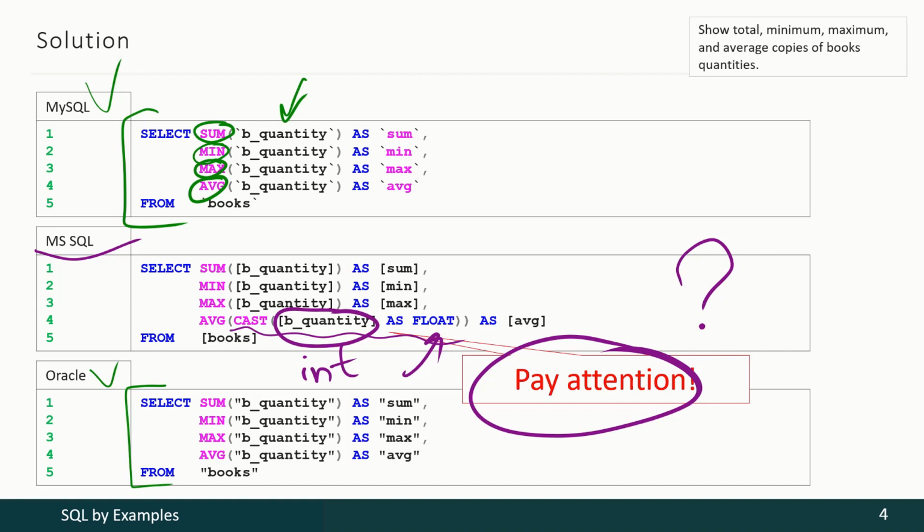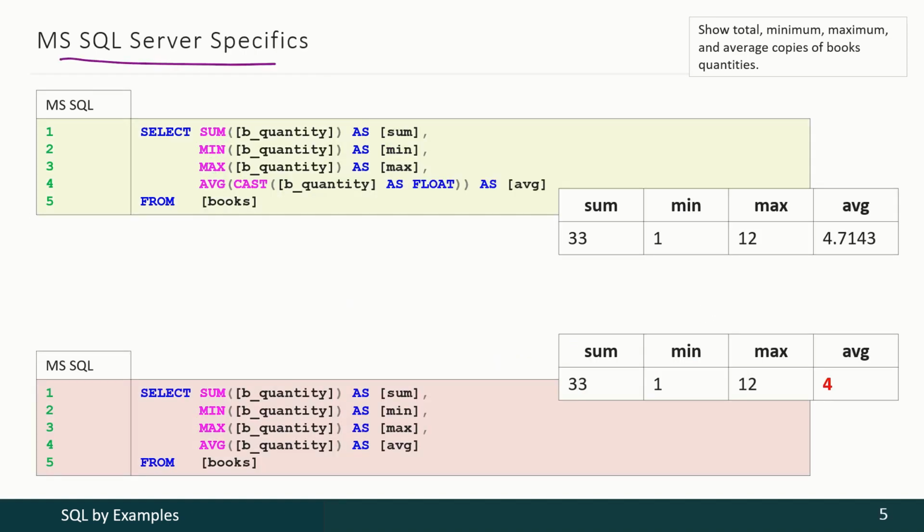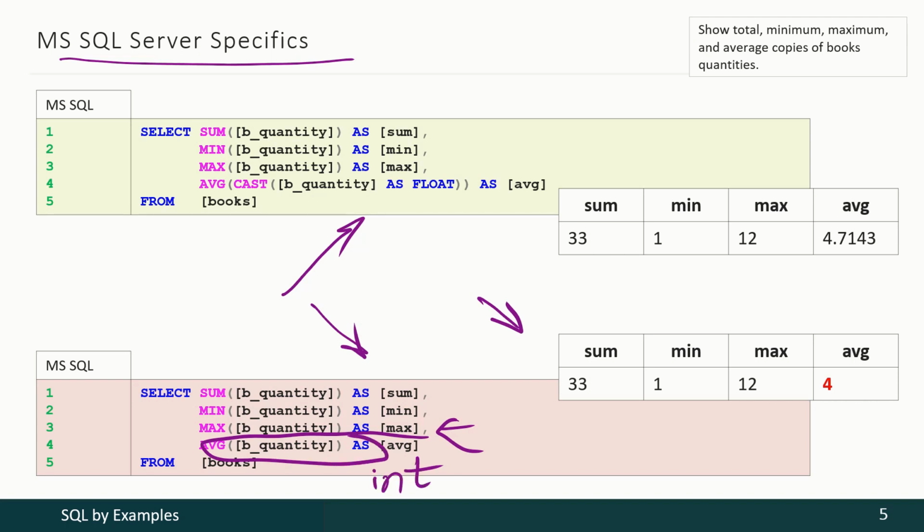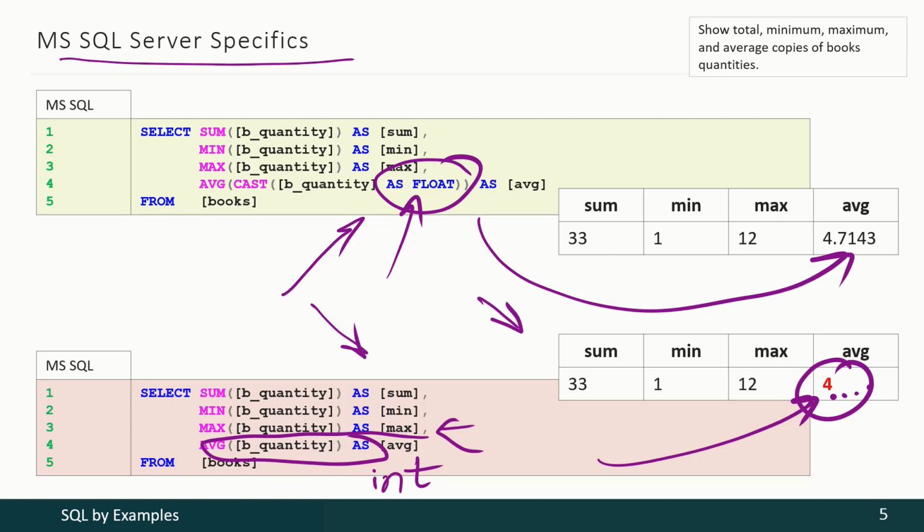Why do we have to do this? Because otherwise, due to Microsoft SQL Server specifics, we risk getting the wrong result. So here is the right query and here is the wrong query. You see that with the wrong one, here with average, Microsoft SQL Server uses the same data type, integer, as the result data type. So we have 4 without decimal part here. And here, with conversion to float, we have preserved that decimal part. This is only Microsoft SQL Server specifics, so no need to do such conversion neither in MySQL nor in Oracle.